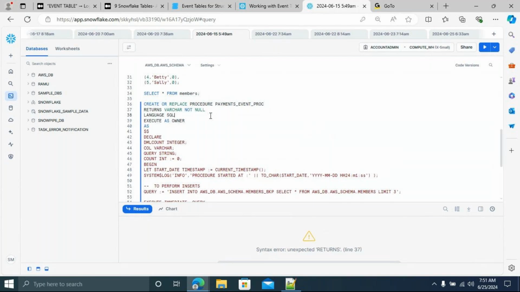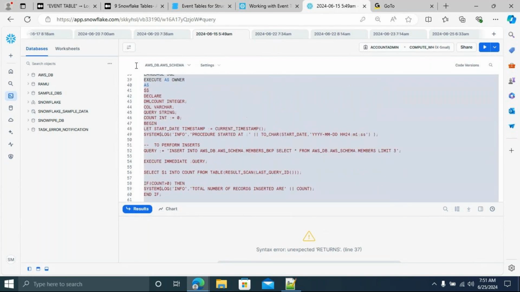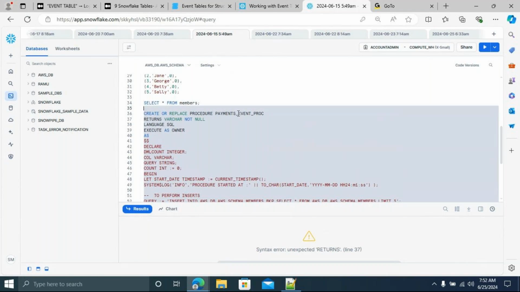Returns varchar not null and then declare. Yeah, I missed the line termination.